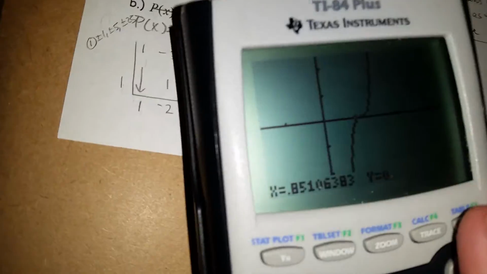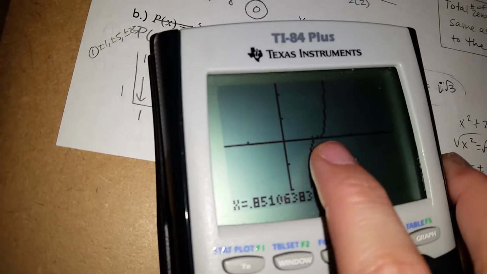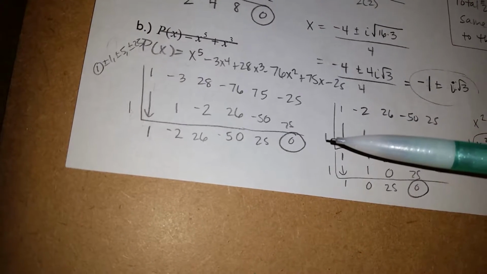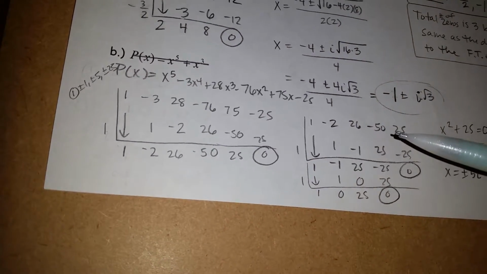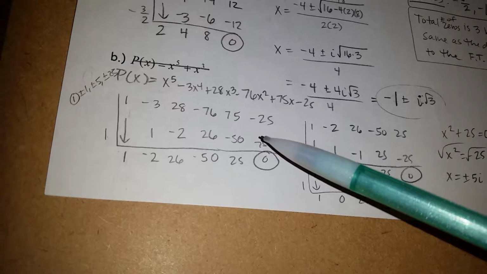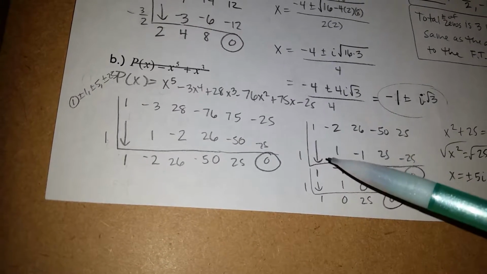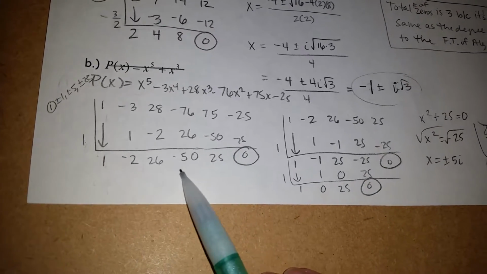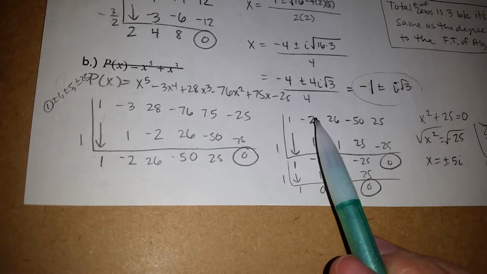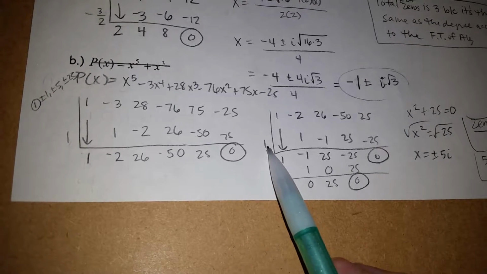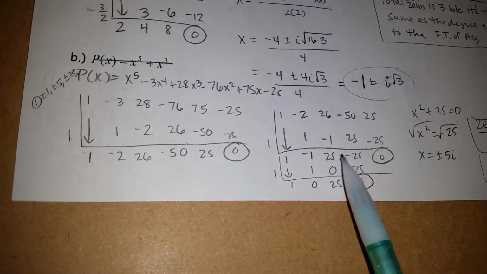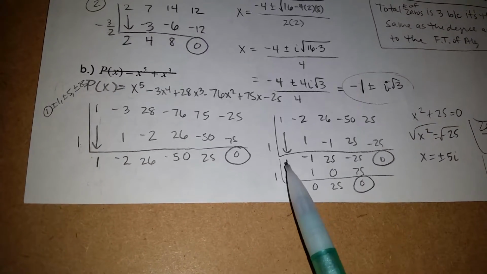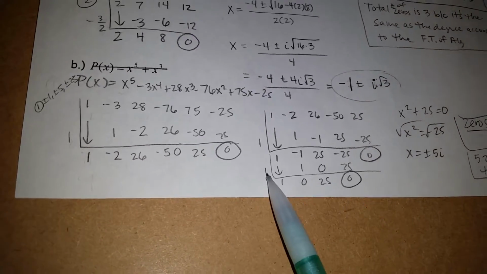So once you see, oh my goodness, this is the only 0 that I have, okay, that means that you're going to try and do 1 again. Now, you aren't going to use the original coefficients because you want to get smaller equations so that you can get a quadratic. So now I'm using the coefficients of the synthetic division that I just did, and I'm going to try 1 again. Okay, now I have a cubic equation, but I want a quadratic, so I'm going to do 1